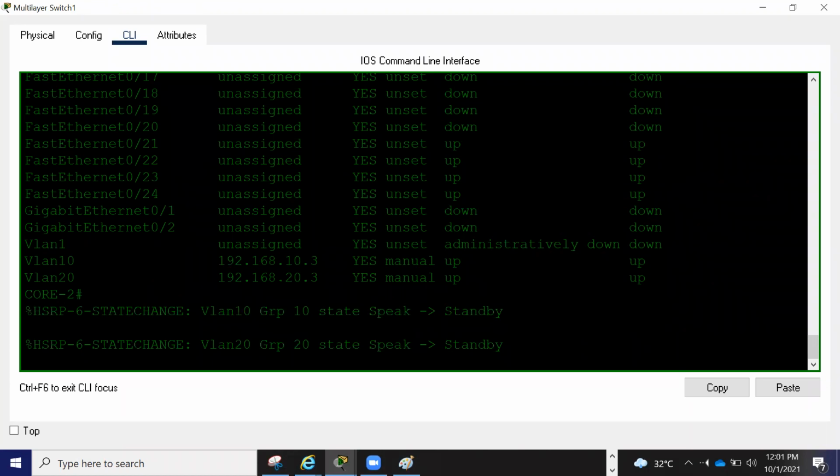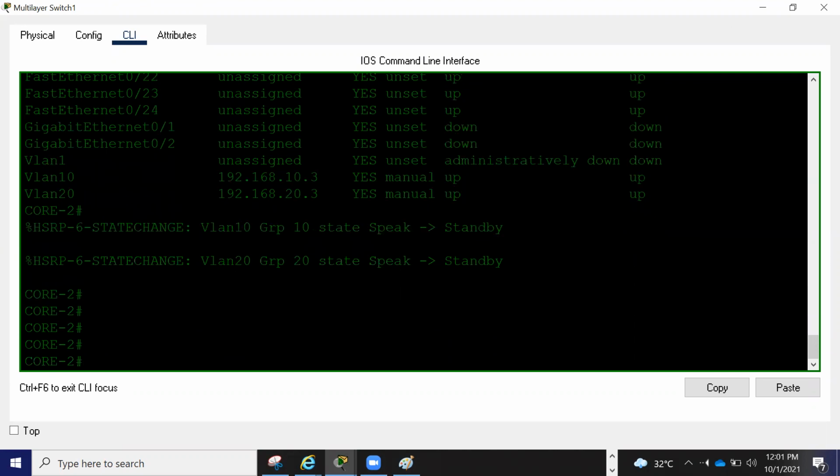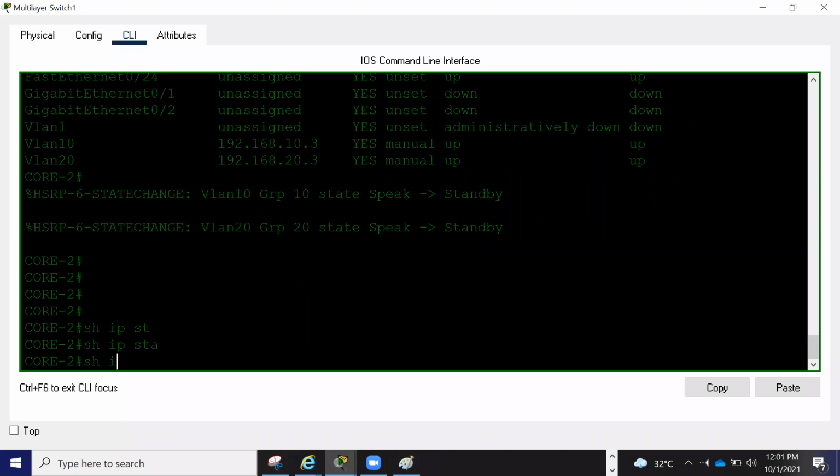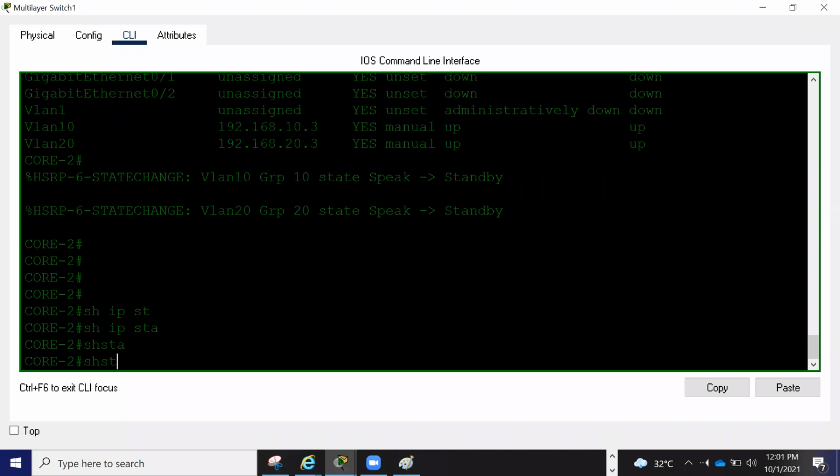Can you see this standby? Can you see these messages, what it is saying? Group 10 set speak to standby. It means this core 2 switch, these 2 interfaces become standby. And how can we verify that? Show IP standby. No, show standby. I think show standby.